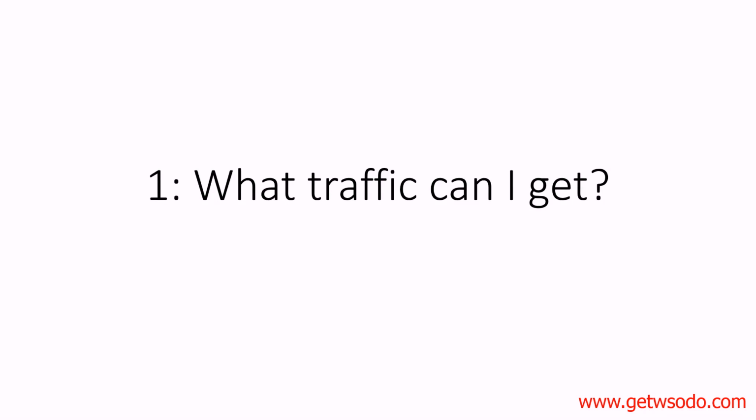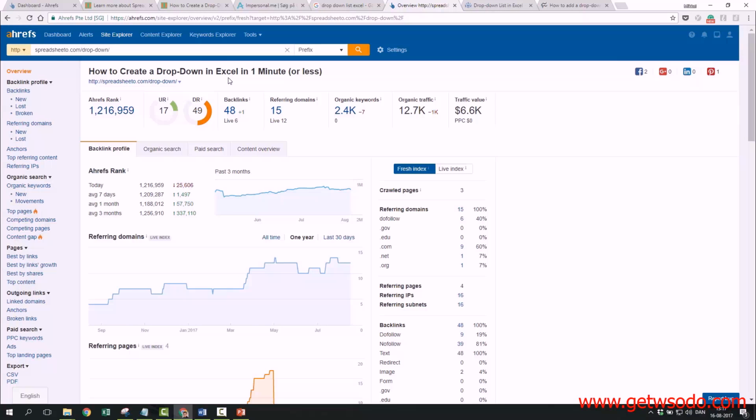If you're like me, who tends to overthink almost everything, I think you benefit from asking the following 3 questions. So the first question is, what kind of traffic can I get from creating this Power Page based on its primary topic? Go to the Keyword Explorer in Ahrefs, or go to the Google Keyword Planner and look up the volume of these keywords. So in my case, with the drop-down Power Page, I can see that it pulls in